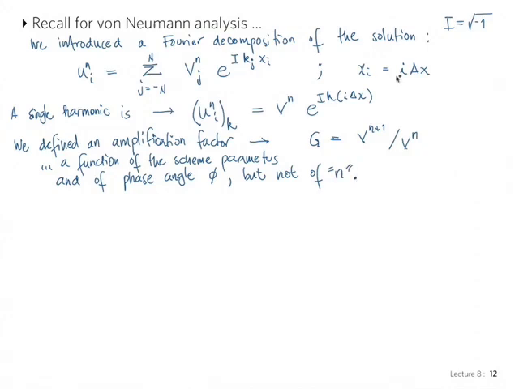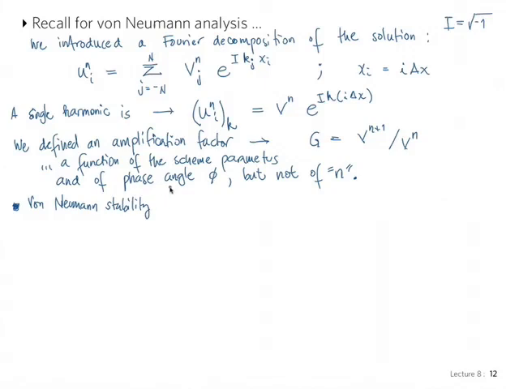So this should be equal to V^n over V^(n-1), and so on. And so we were able to express then with this the von Neumann stability criterion